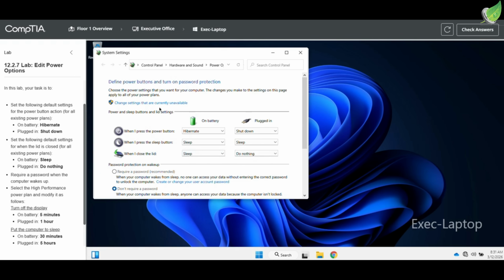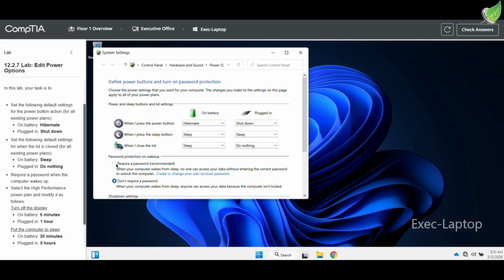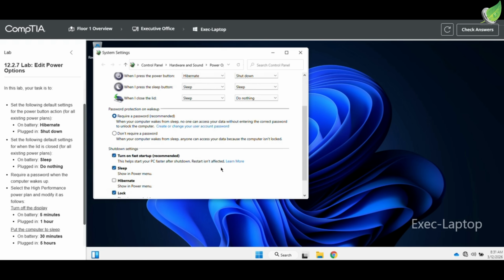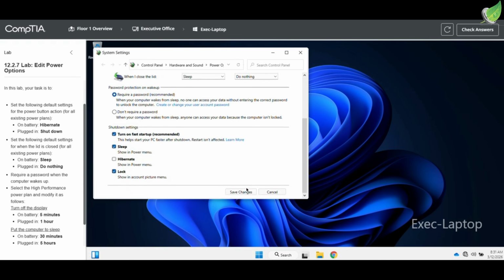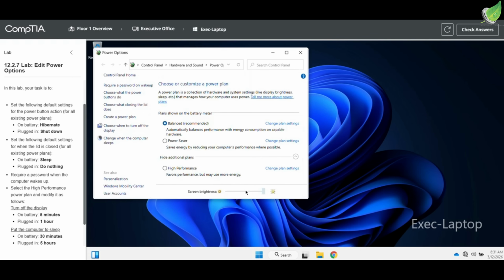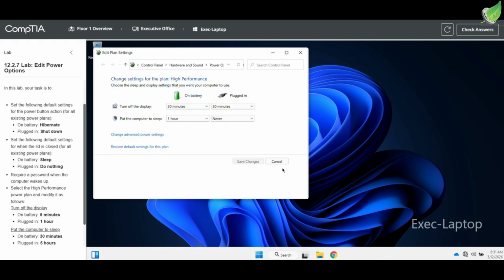So we'll go to change power settings, so we'll require a password and save changes, and we go over to high performance and we change plan. For this we are going to set this to 5 minutes, and we're going to set this to 1 hour